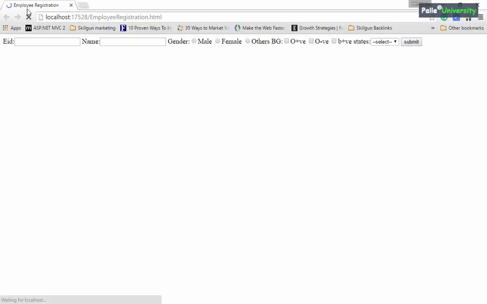Now you observe the output. You may get some problem here. First let us observe the output. You observe, we are getting the output and we are getting the title tag and some user interface here. But the only thing is, all the user interface is aligned in a single line, which is not a good practice. So I wanted to display these controls in different lines.